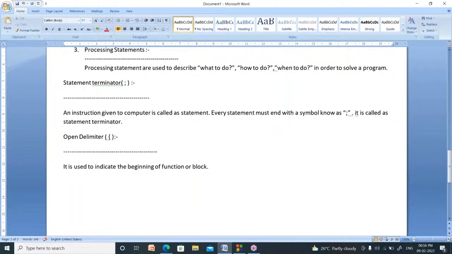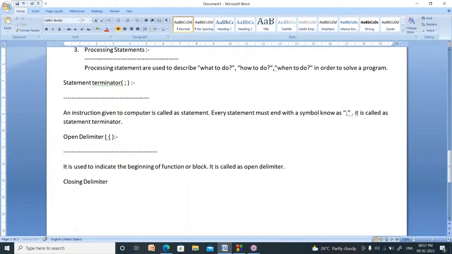If you know C language, you know the while block, if block, switch block, structure block. So a block is nothing but a group of statements. How to indicate that the function begins, how to indicate that the block begins? By using this symbol. It is used to indicate the beginning of a function or block. It is called the open delimiter. Now, next one is the closing delimiter.